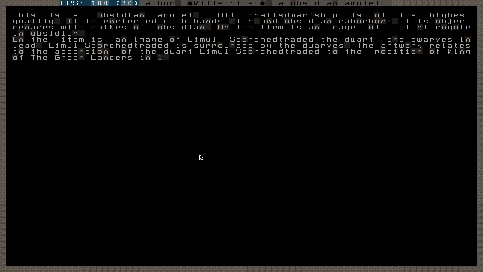All craftsdwarfship is of the highest quality. It is encircled with bands of round obsidian cabochons. This object menaces with spikes of obsidian. On the item is an image of a giant coyote in obsidian. On the item is an image of Limul Scorchhead and dwarves in lead. Limul Scorchhead is surrounded by the dwarves. The artwork relates to the ascension of the dwarf Limul Scorchhead to the position of king of the Green Lancers in year 1. So here the dwarves, through art,